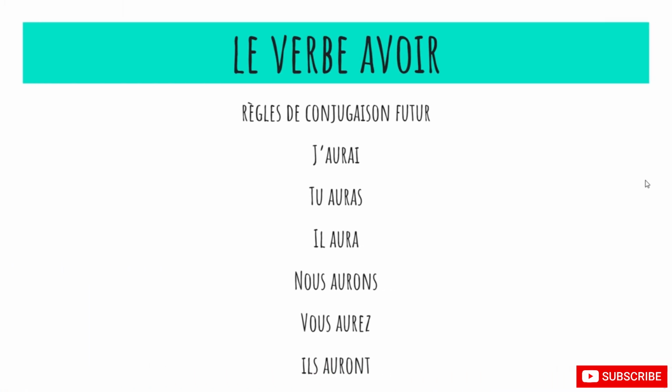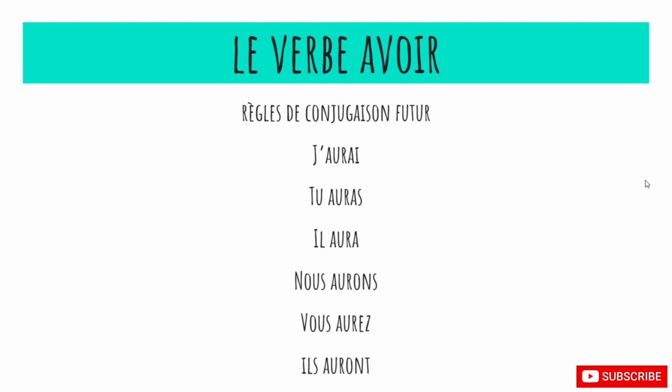Voici les règles de conjugaison au futur. Au futur, le verbe avoir subit quelques changements. Par exemple, le premier est j'aurai. J'aurai. So the importance of rolling the R, it's very important on this example. So j'aurai,